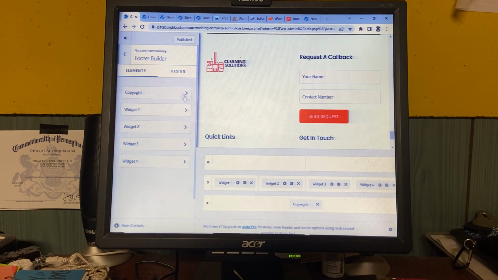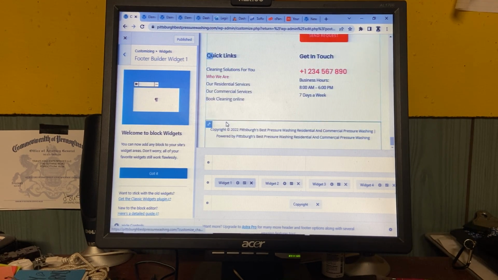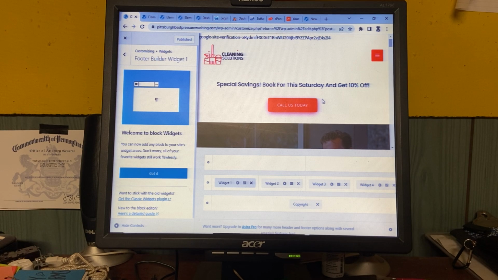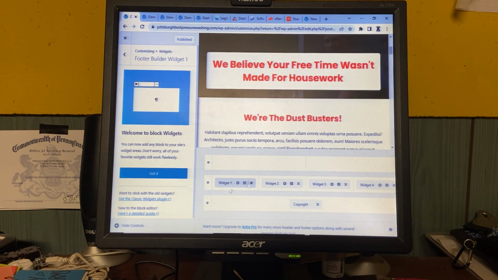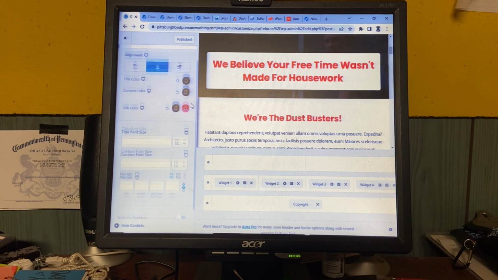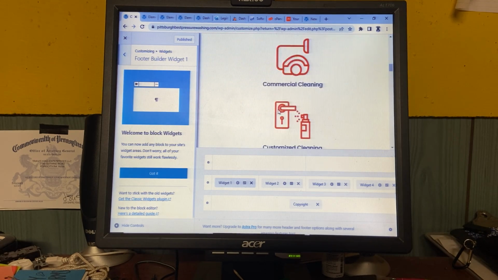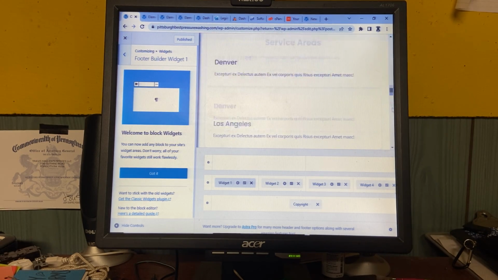Okay, so it's made up of widgets, so we'll go to the first one. Oops, what's going on? Widget number 1. Why is it not coming up like I want it to?